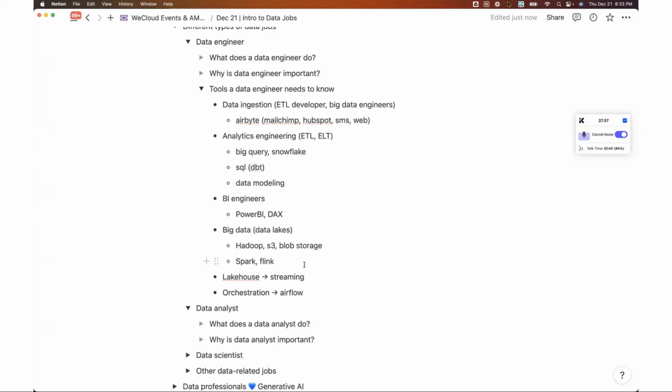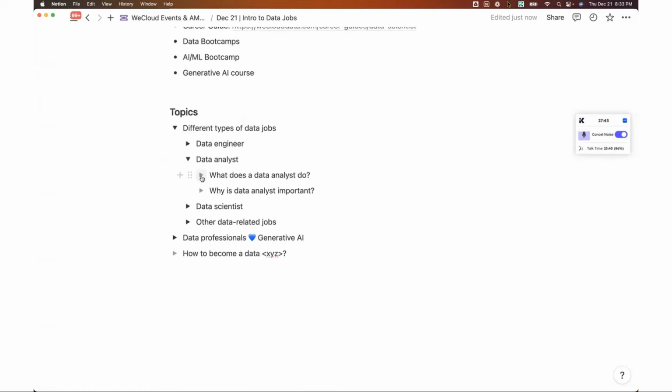So we talked about data engineering. Next, I would like to talk about data analytics. And I mainly want to help everyone understand what data analysts do, because sometimes there's some confusion about data analytics and data science. From my perspective, data analysts sometimes need to know data science and machine learning as well. Eventually, I think data analytics and data science are the two disciplines that are going to probably merge because of generative AI. It's because building dashboards and producing plots and visualizations nowadays becomes super easy, right?